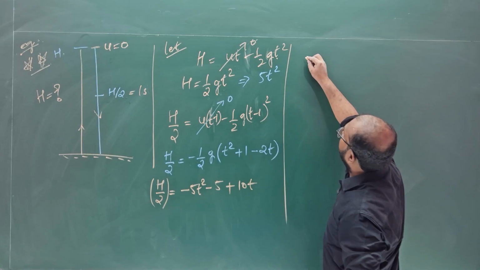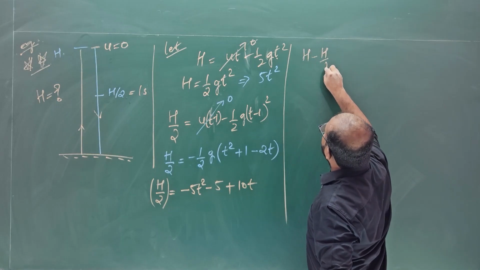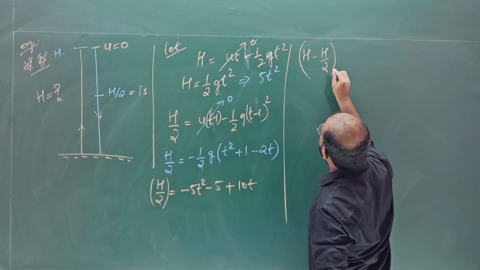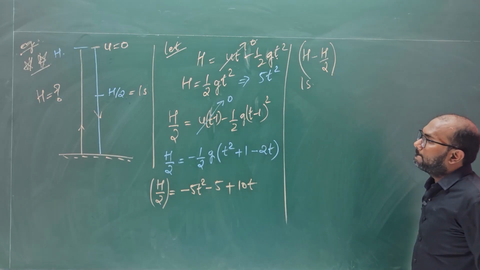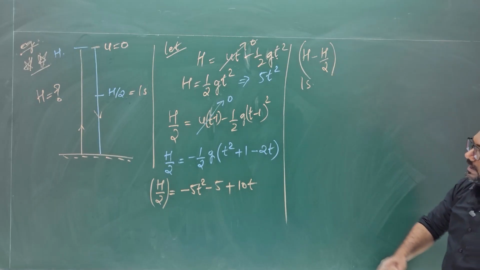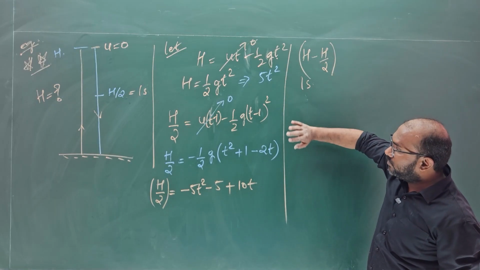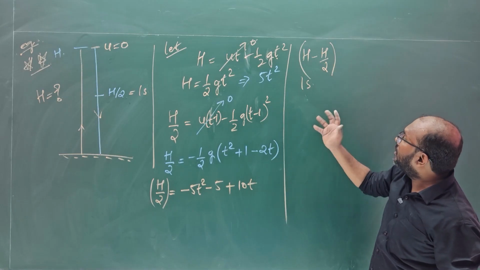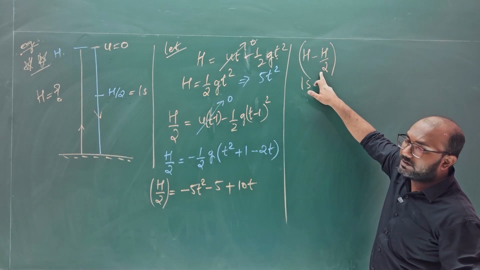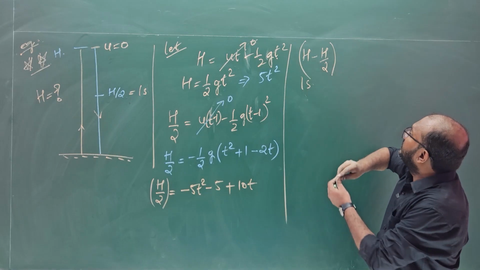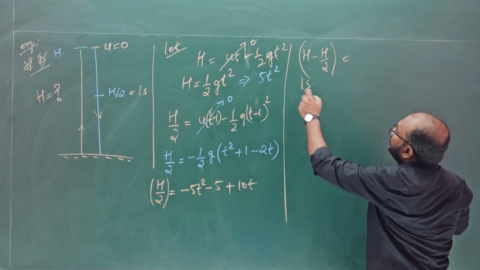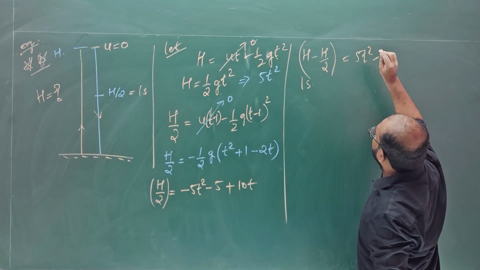can I say that h minus of h by 2 distance is covered in last second? Total height is this one. H by 2 covered in last second. So how much it covered means h minus of h by 2 now. Got my point? So which is equals to 5t square minus of,